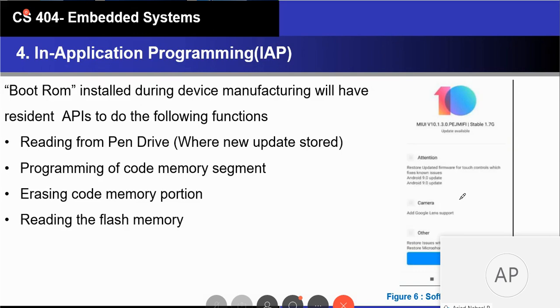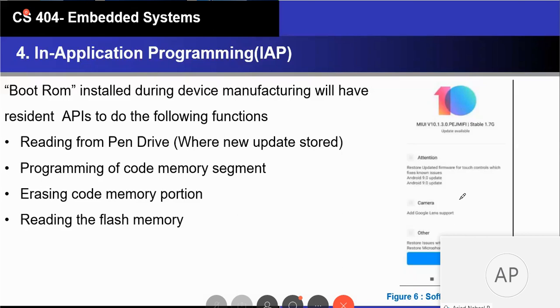We click the download button. During the download, we can access all other features: WhatsApp, Facebook, everything. We can even play games, not a problem. Once it is downloaded, the system will request us to reboot the machine. When we reboot, the boot ROM takes control, and a green line or some progress bar will come. No GUI is loaded at that time, and it will take 5 minutes to 10 or 15 minutes depending on the update. Once that is done, the system will boot again and load with the new firmware.